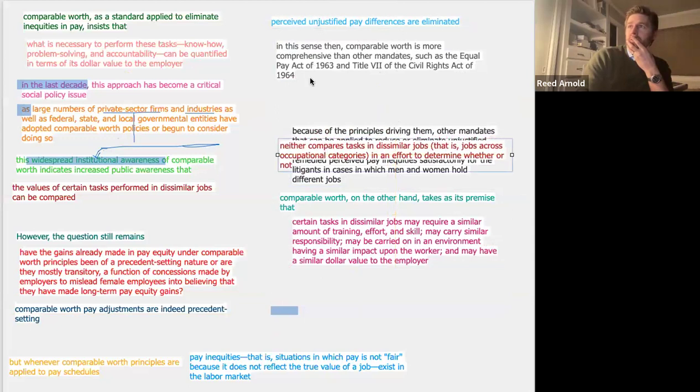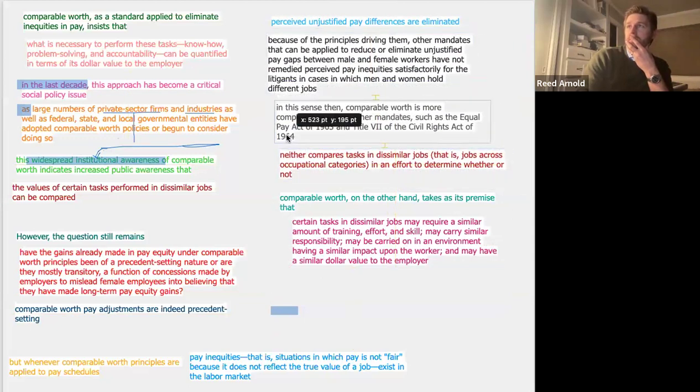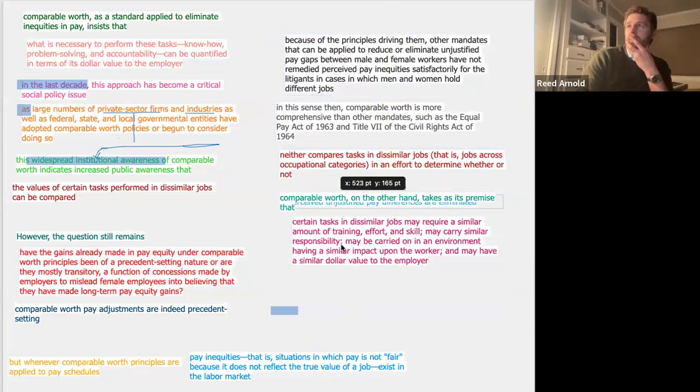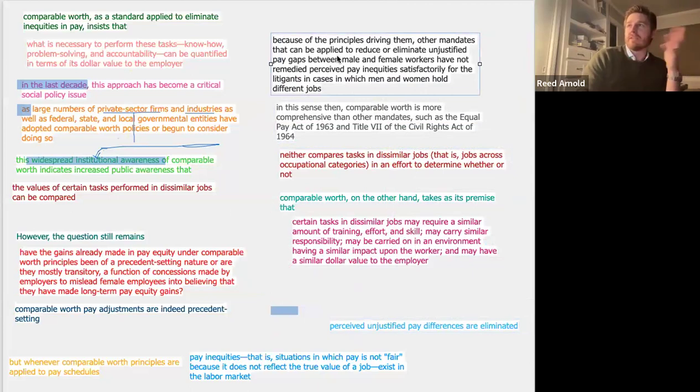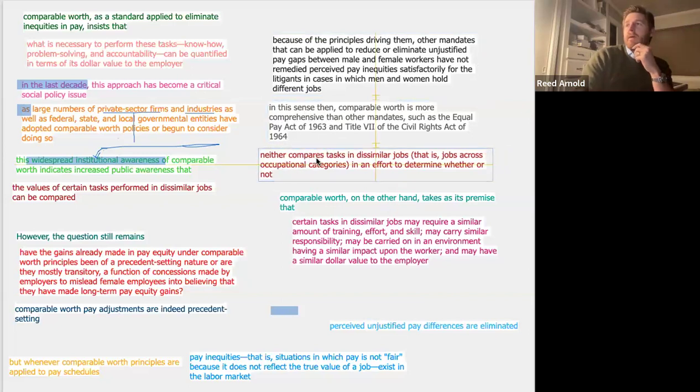And I think this order makes sense. We're going to put this here because the principle is driving them, other mandates have not remedied the issue. Comparable worth in this sense has